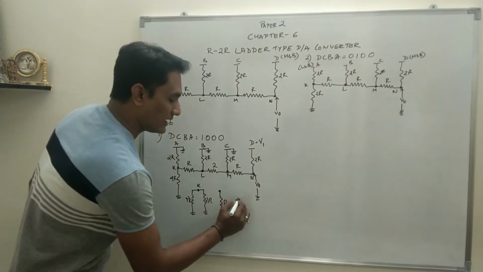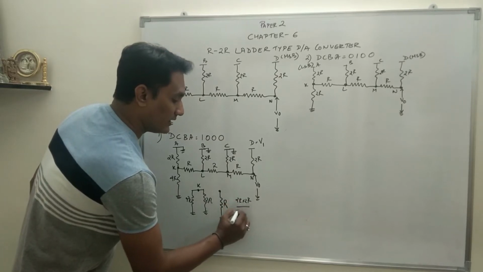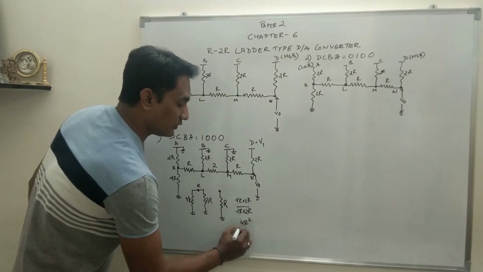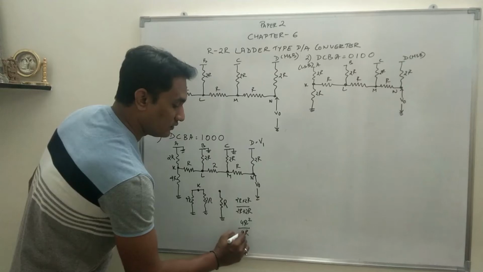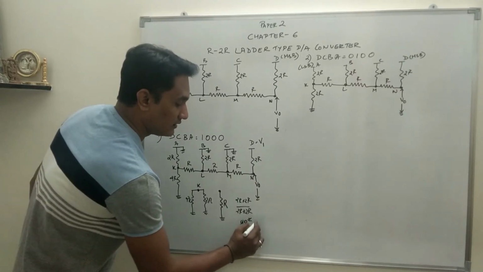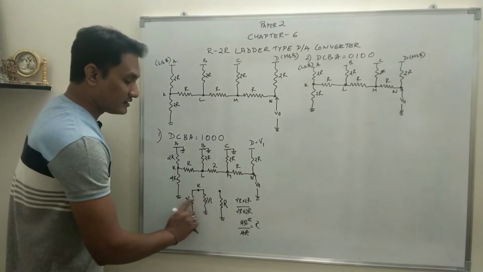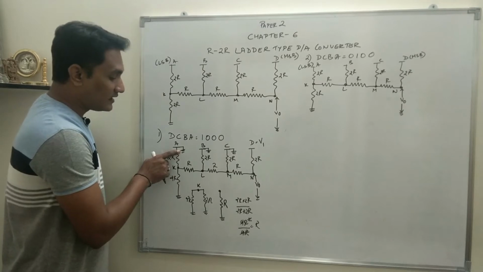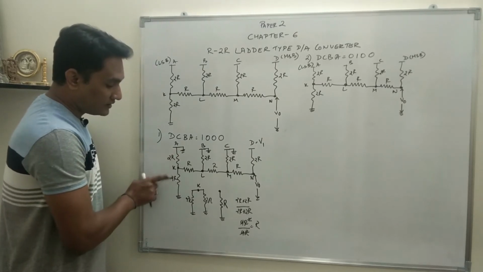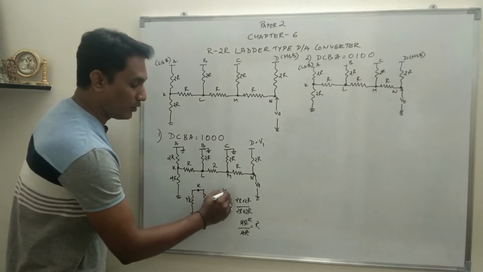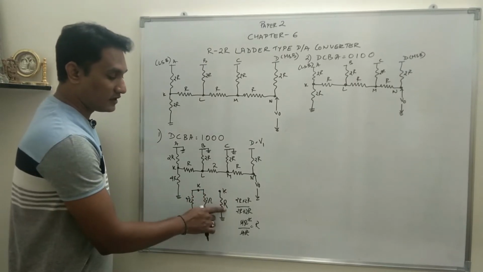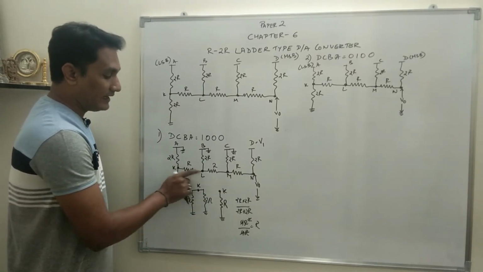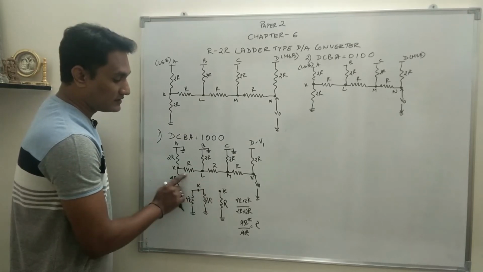You can calculate 2R multiplied by 2R divided by 2R plus 2R. So 2R multiplied by 2R is 4R square upon 4R. The 4 gets cancelled, giving R. So if two resistances of the same value 2R come in parallel, the value becomes half. As soon as A is connected to ground, this 2R comes in parallel, and the value becomes R. That means between point K and ground there is a resistance of R. Now that resistance and the resistance between K and L come in series.